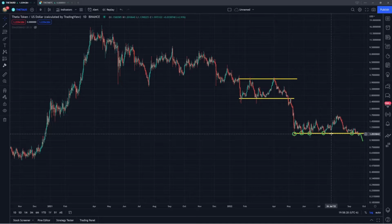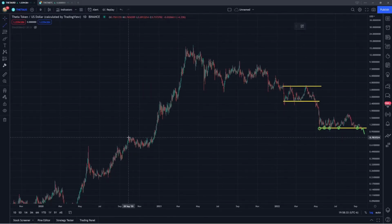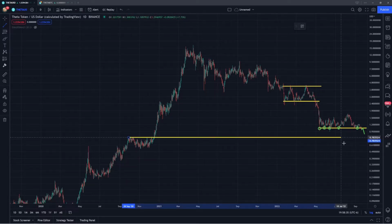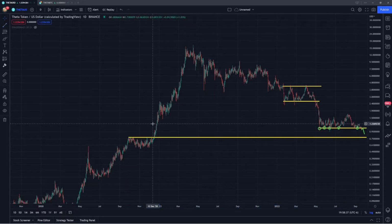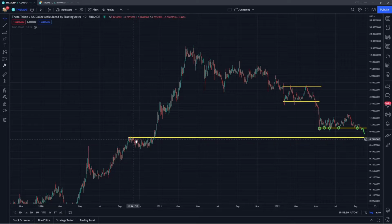But if we are starting to break down, then I would look out to this next support level, which is gonna be around 78 cents. Now, this is our next support level, because if we're going all the way back here to 2020, where we really had this first area being developed, look how we held resistance at this area basically for around 90 days. So 3 months just consolidating under this area. This was the range high, that was the resistance. And then when we broke out of this consolidation, notice how that really started to elevate and pick up the